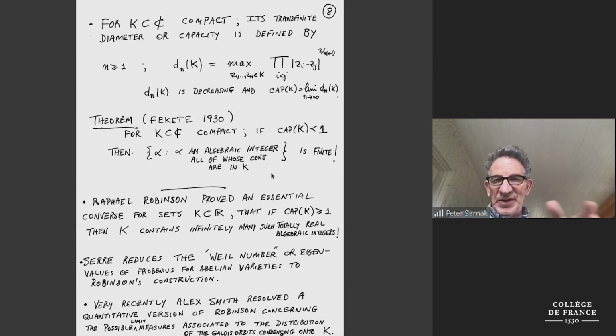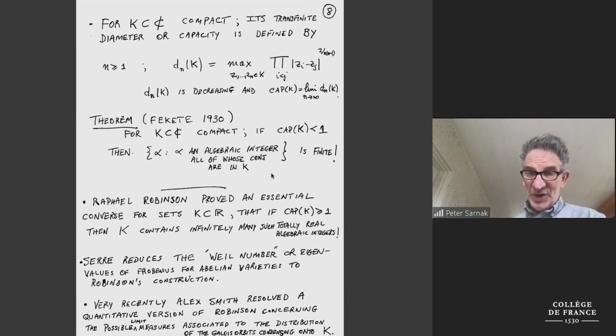So an example of a set of capacity 1 is the circle, because you've got roots of unity, and a conjugate of a root of unity is a root of unity, and they all lie in the circle. And I told you the interval of length r has capacity r over 4. So if you have a subset of an interval with capacity less than r over 4, it can't have infinitely many algebraic integers, all of whose conjugates are also in the set. All right, now our spectrum,